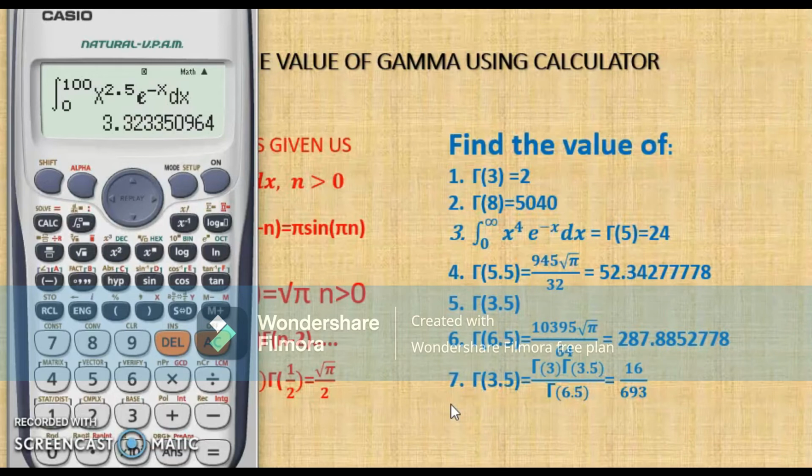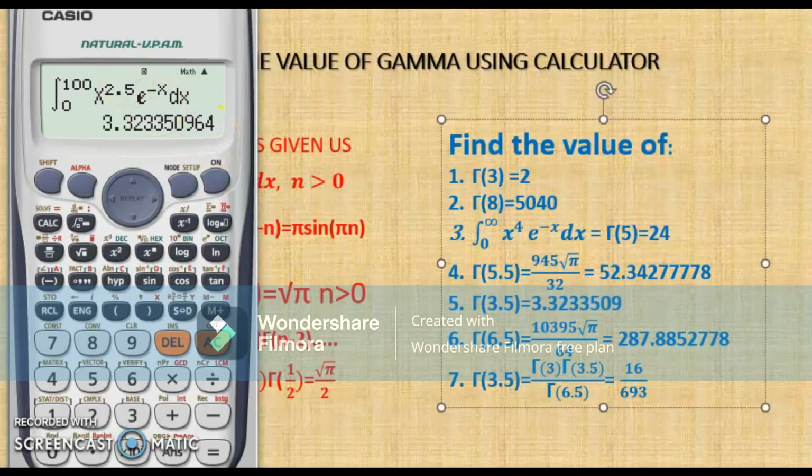So my result is 3.323350964, and that is what we have gotten over here. So let me write the result down. Okay, here we go. The answer is over there. Now the next example is saying we find the gamma of